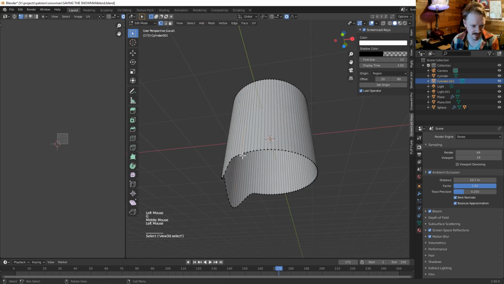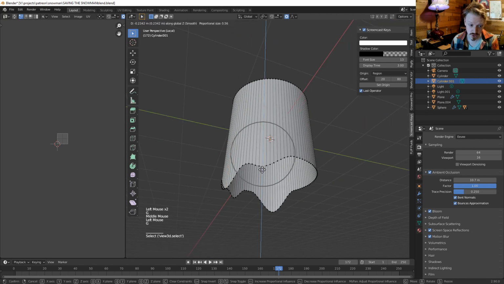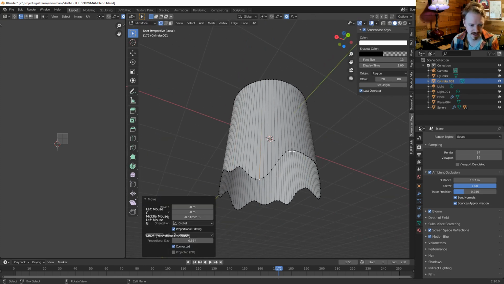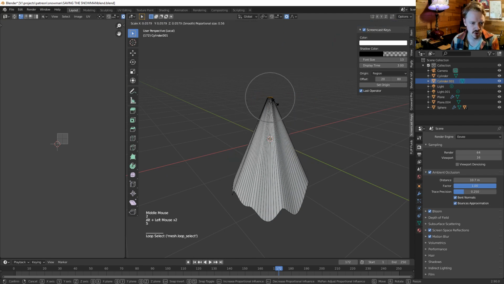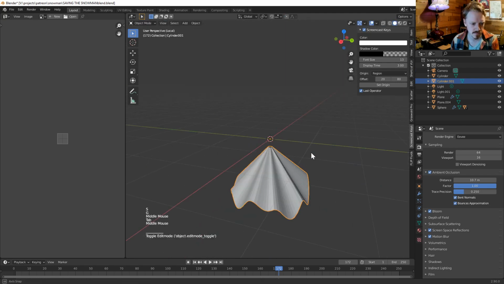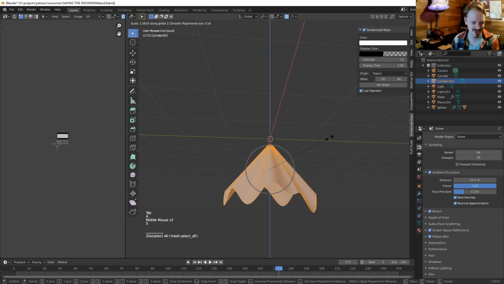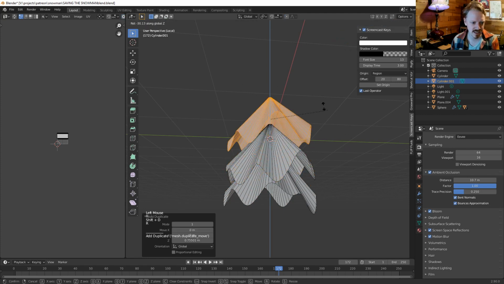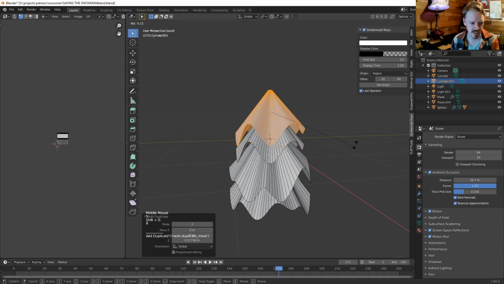Make it kind of have that weird, I don't know. No trees do this. Construction paper trees do this. Looks like a drippy candle. Select this top loop here. Shrink it up. And that, yeah, that could be a tree. Sure. Duplicate it, rotate it, duplicate it, rotate it, duplicate it,